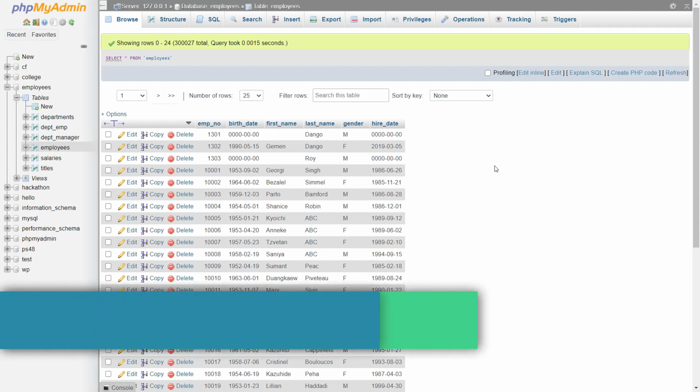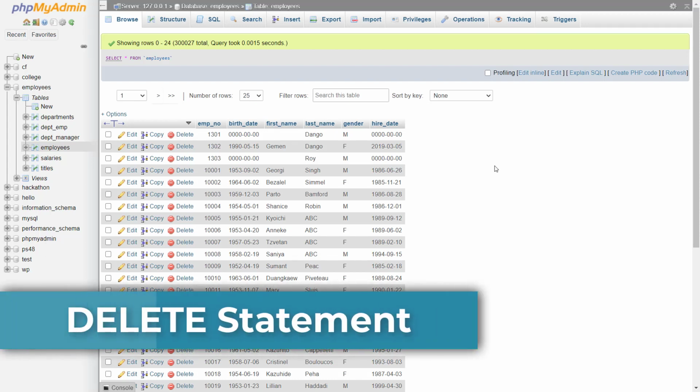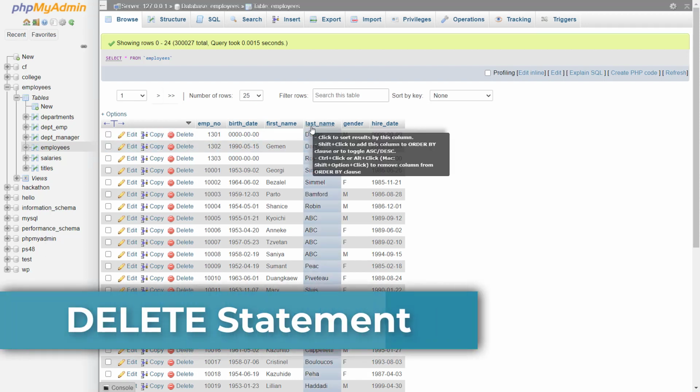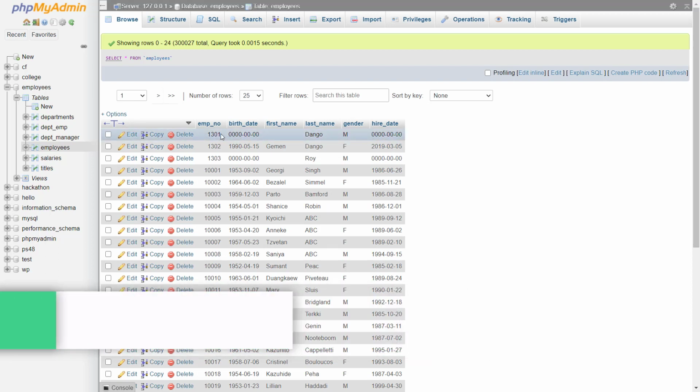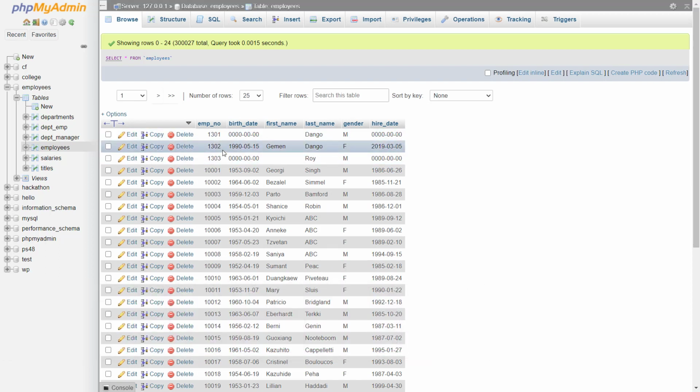In this video, I'll show you how you can delete the records of your database table. Remember, in the earlier videos we created these three records: 1301, 1302 and 1303. I will remove, or you can say delete, these database table records. To delete a particular table record, we need to have an identity of that record that you want